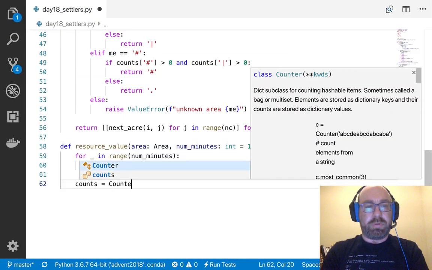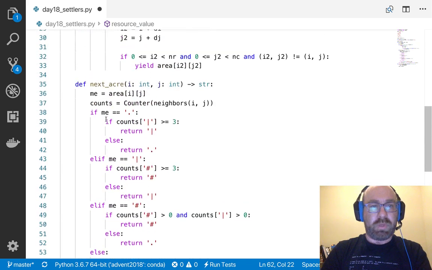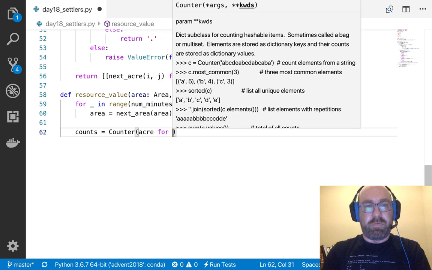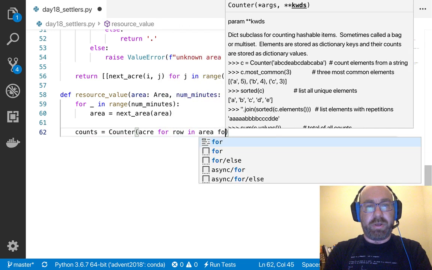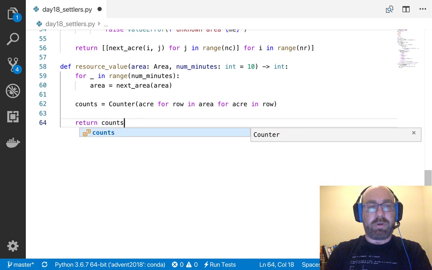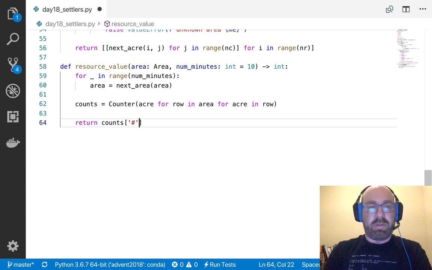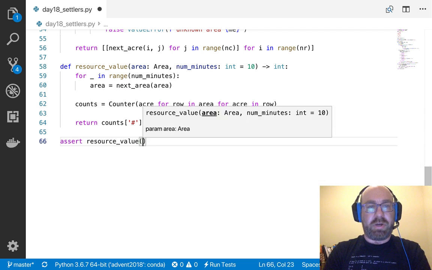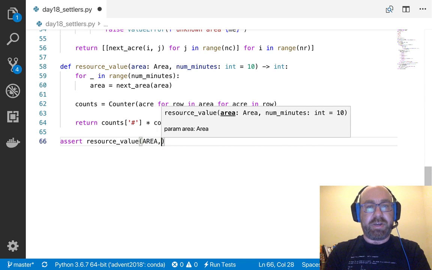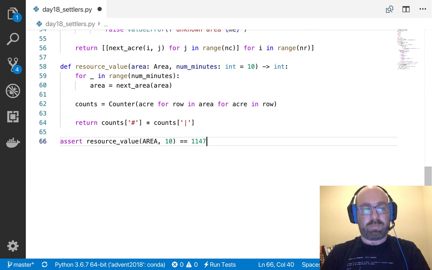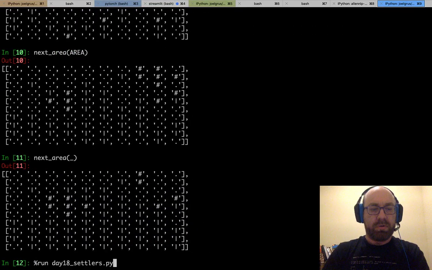So counts equals counter of acre for row in area for acre in row. So I just want to count those, and I want to return counts lumberyard times counts, and then I want to assert that resource value of that area and 10 equals 1147. So let's run that and see if it works.